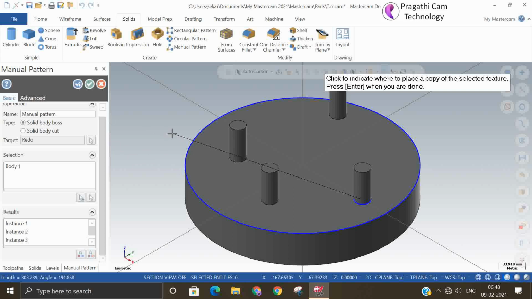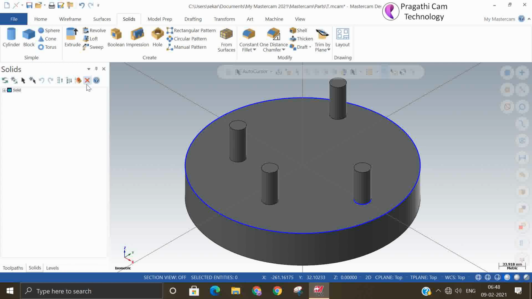Manually you can go on placing these instances. Okay. So we have seen impression, hole, rectangular pattern, circular pattern, and the manual pattern. Okay.